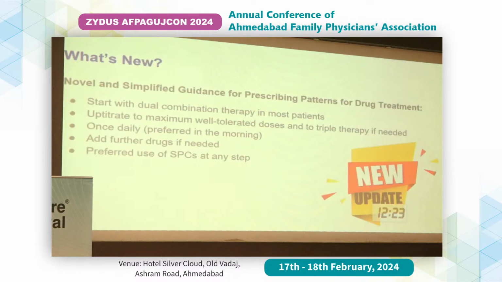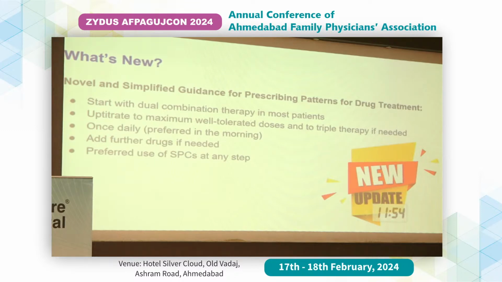So what's new in another part, like guidance, prescribing pattern or drug treatment, we know. So we need to start with medication. Till now, we needed to start with one drug, if not controlled, add another, then another, and then another. But in 2023, what they said is, at any point of time, if your blood pressure level is in stage 1 or above, start with dual combination therapy, and in most of our patients, we then need to up-titrate